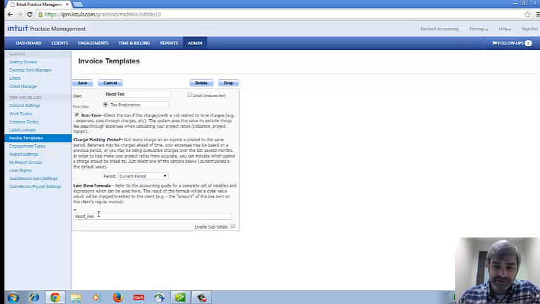And then I can stipulate a line item formula for it. Now there are actually several formulas that we can use for line items inside the program, such things as combining time and expenses on a single line. In general, I would suggest that you not try to modify these and that you actually call support in order to do so. Once you've set up the invoice line item charges that you wish, you need to save those